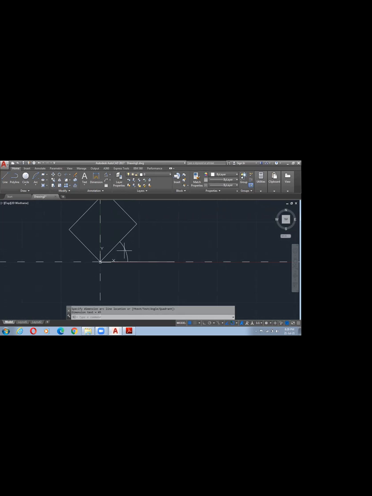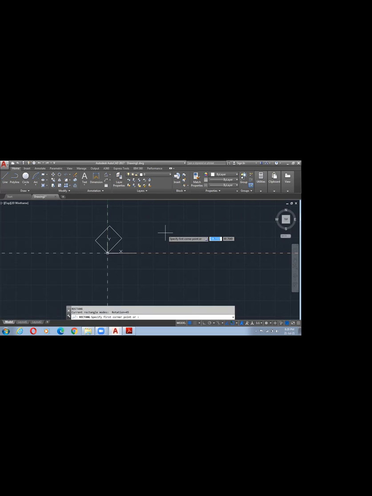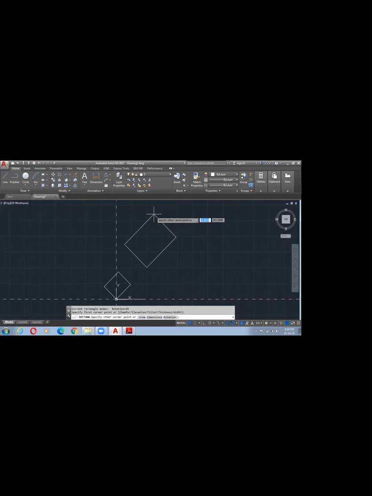It will be same. And how to change this? How to change this as per the starting how we have. For that, let me keep that. REC, enter. Specify the first point. That is reference. That is common for everywhere. Now select rotation. For rotation shortcut is R, enter.